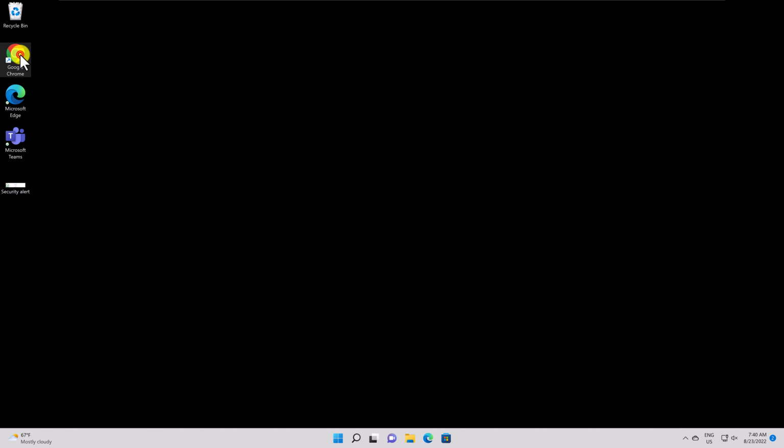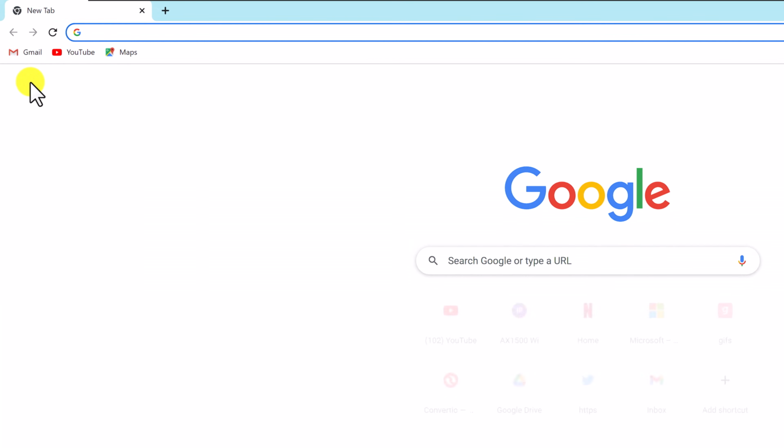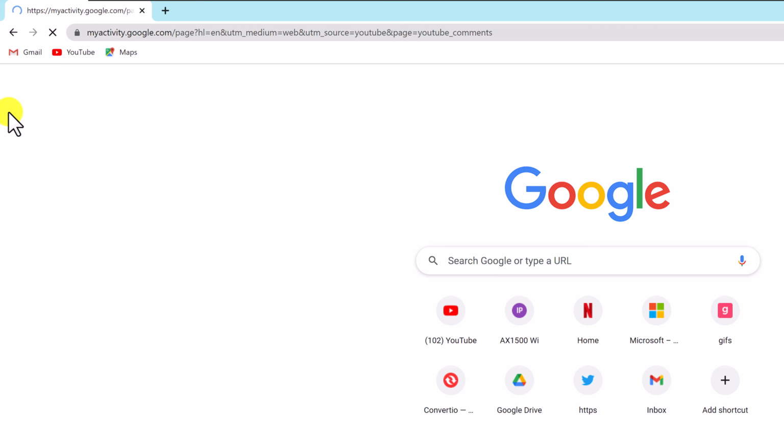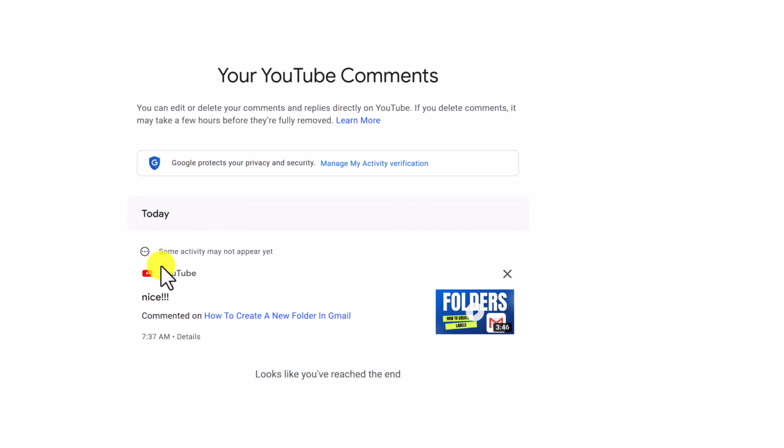Launch a browser on your device. Go to this address. You can pause the video to write it down or copy it from the description of the video. Log into your account on the website if you haven't done so already. After logging in, you will see a YouTube comments page with a list of all the YouTube comments you have ever left. You can read more comments by scrolling down the page after seeing your most recent one, which is